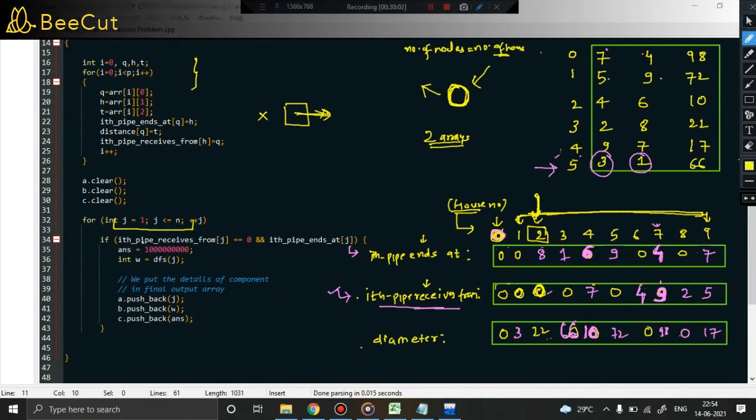You can write int max here, no problem. Some maximum value in the beginning I am assigning here. Now what is happening is, I am calling DFS of J. To understand this, we should basically rub this and let us just